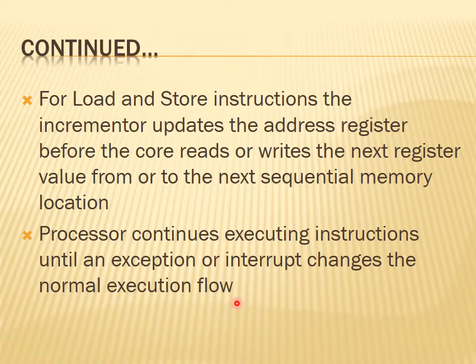So normally ARM is working in different modes, and ARM is changing its mode from one mode to another mode whenever there will be an exception or interrupt occurs, otherwise not. So this is very important. So ARM processor is always working in a user mode, which is the default mode available, and from that particular mode it will enter into the other modes whenever there will be an exception or an interrupt occurs. More details about this we will see further.